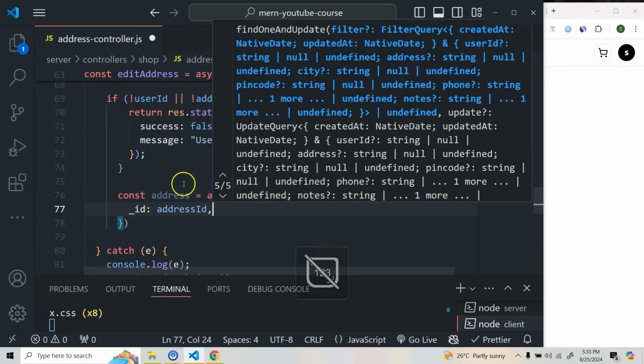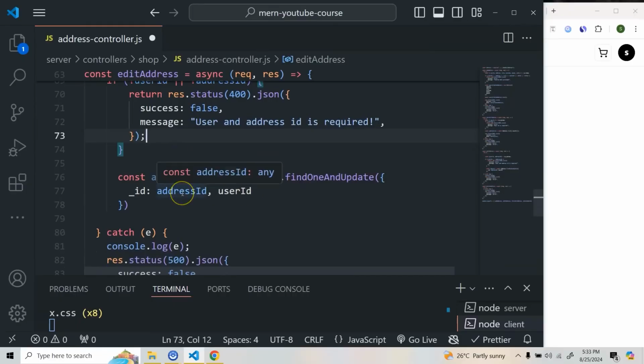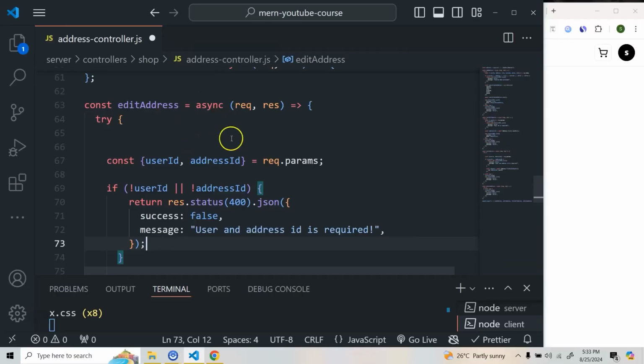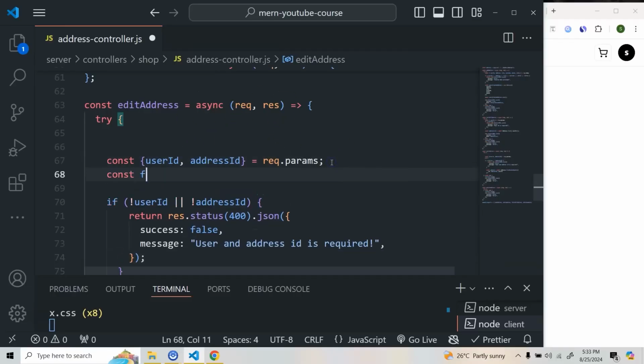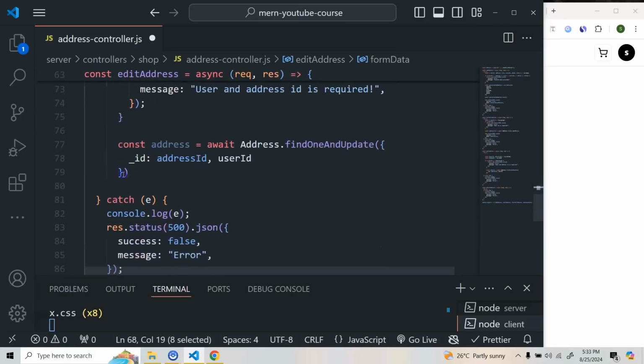And also here we are going to pass the user ID, because we also need to find based on user ID. Once this is done, we need to get our updated form data. So we'll get our form data from request.body, and this form data will be our updated data. So after this, we are going to pass this form data,